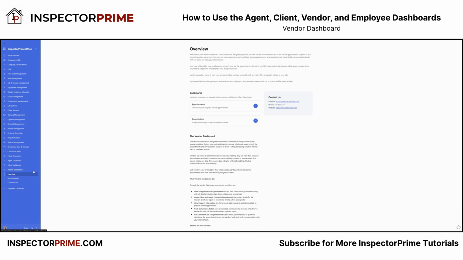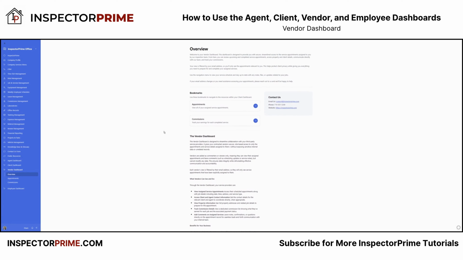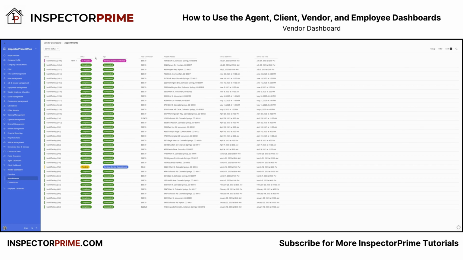So you'll see that, again, you want to update all of this with your logo, with your imagery, with your contact information. You want to make this vendor-facing text here and down here. We simply set up this as a baseline. Let's go to the vendor dashboard appointments interface page, and we'll see, quite simply, for Ben Grimm, again, he's our